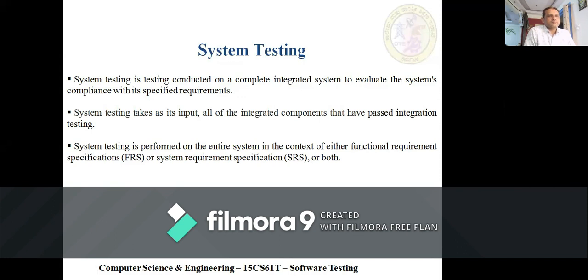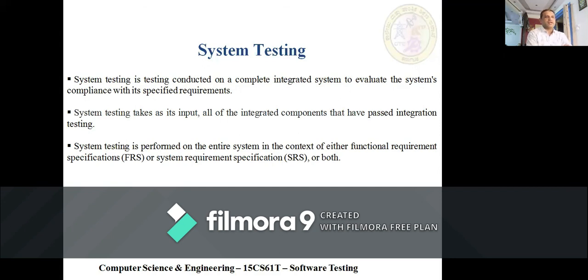It is performed on the entire system in the context of the functional requirement specification (FRS) or system requirement specification (SRS) or both. After integration testing is completed, we test whether the requirements have been fulfilled, functional as well as non-functional.